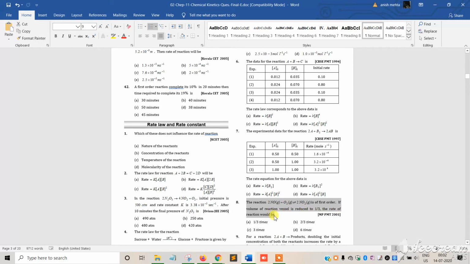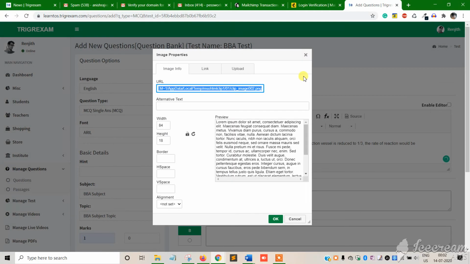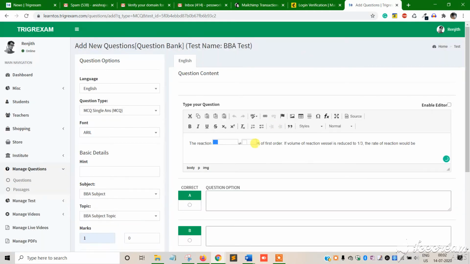I'm just copying it and pasting it here. You can see the equation is coming like this. Why? Because in the case of equations and figures, you cannot paste simply like this.